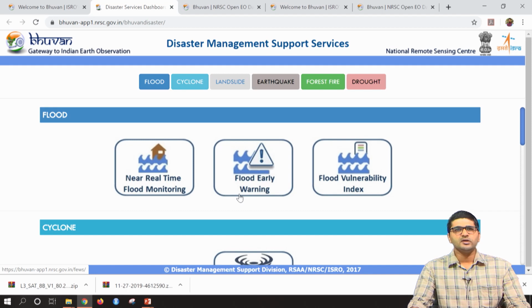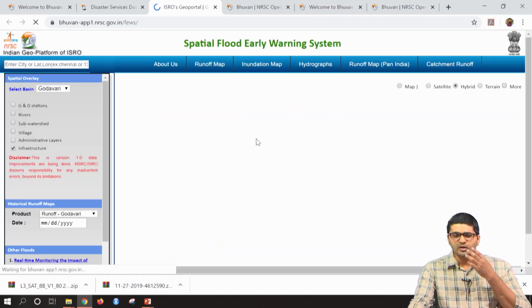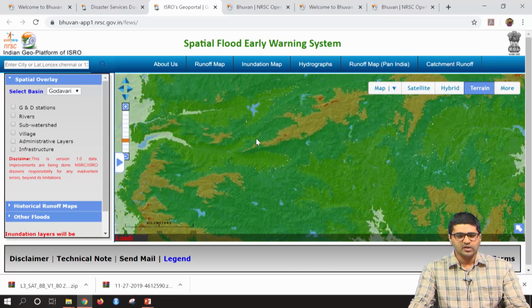For example, the recent earthquake in Nepal or the flooding in Karnataka, all those were hosted here. If you click here, you will be able to see the recent happenings along with geotagged photos as well.